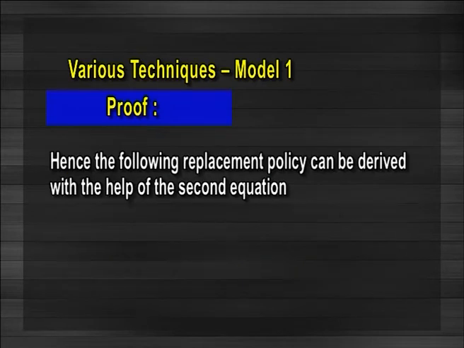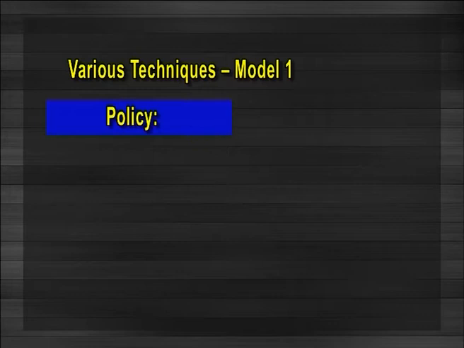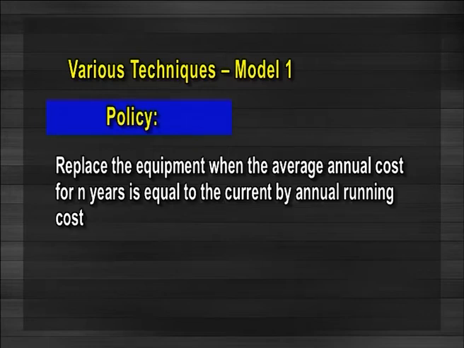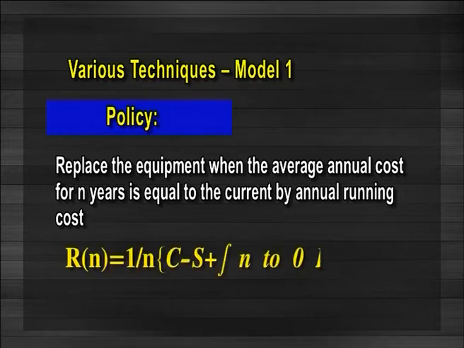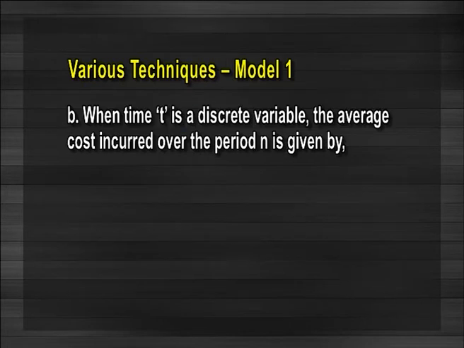Hence, the following replacement policy can be derived with the help of the second equation. Policy: replace the equipment when the average annual cost for n years becomes equal to the current annual running cost. That is, Rn is equal to 1 by n into C minus S plus integral n to 0 RT into dt. When time t is a discrete variable, the average cost incurred over the period n is given by